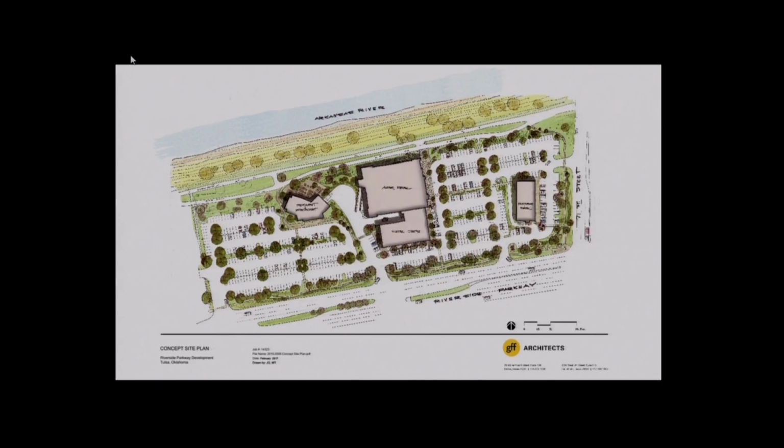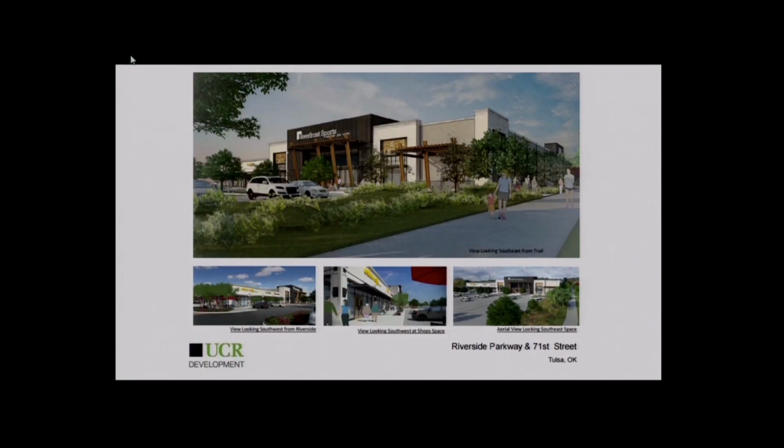You have a significant tree planting throughout the area. You have trails that would connect throughout that development. You have berms along 71st and along Riverside Drive. So you'd still be able to see the buildings, no question about that, but it would help to cloak the parking itself from people that are driving by. And then you also have much greater connectivity and interaction between the trail itself there along the river and the development.